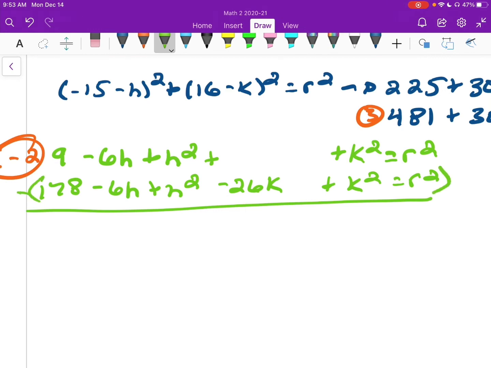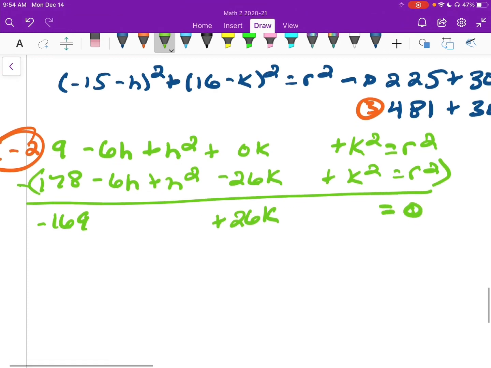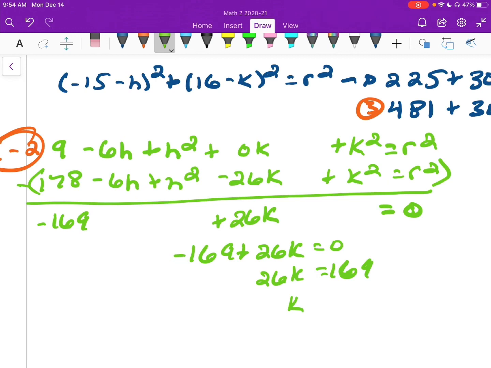All right, now we will use elimination to cancel stuff out. This one's actually going to work out really nicely. So I get 9 minus 178, which gives me negative 169. My h is canceled to be 0. My h squared is canceled to be 0. And I'm going to have 0k minus negative 26k, so it's going to be positive 26k. And then my k squareds will cancel, and my r squareds will cancel, so that gives me 0. So this is really actually quite awesome. I get negative 169 plus 26k equals 0. So 26k equals 169, and k is,